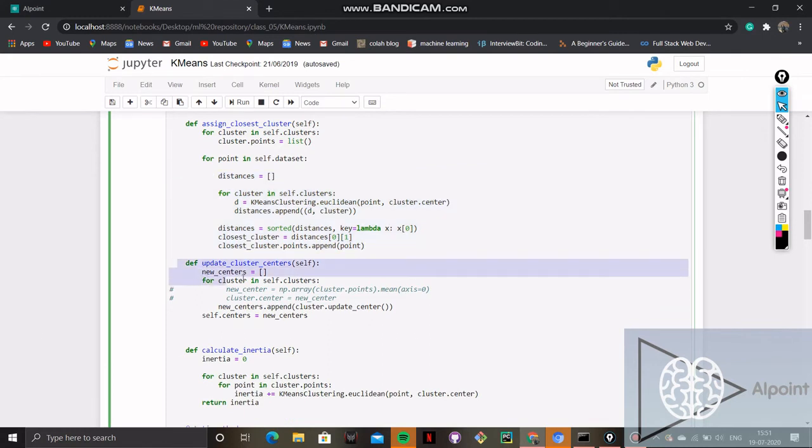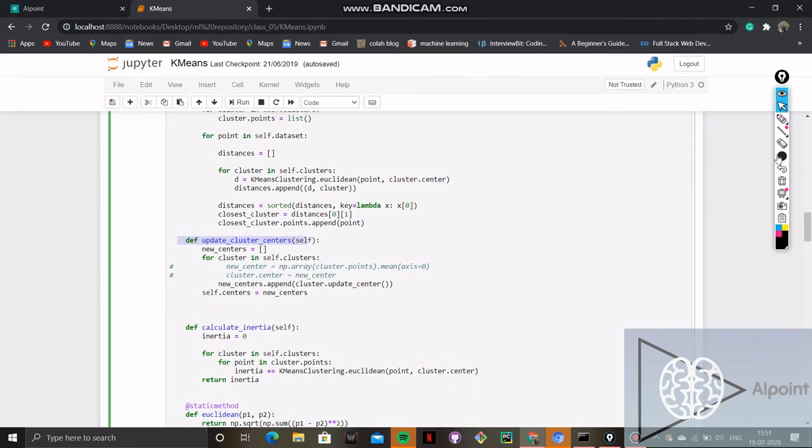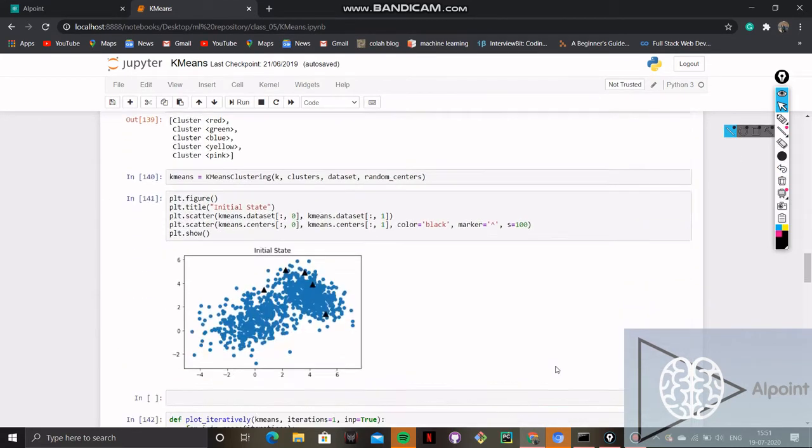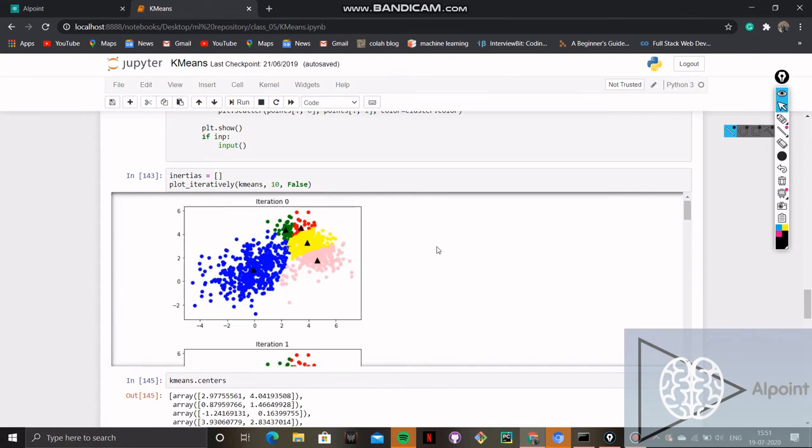Here we are updating cluster centers. I'll tell you why we need it. As we can see here, this cluster has a random point of centroid.